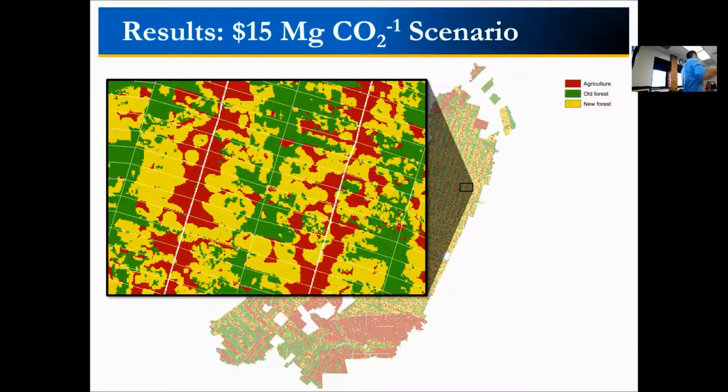So let's zoom in there just to give you a better idea of what happens. There's an additional component to this model that's often present in human-natural system models, which is this spatial component, right? So it allocates the land use change in the landscape. And you can see the agricultural areas, in general, they follow the roads. I mean, it's not perfect, but it was good enough for my committee.